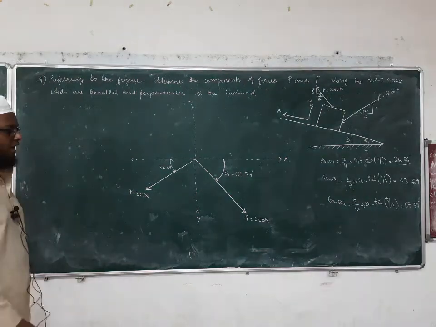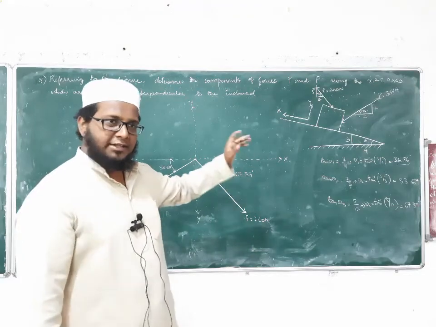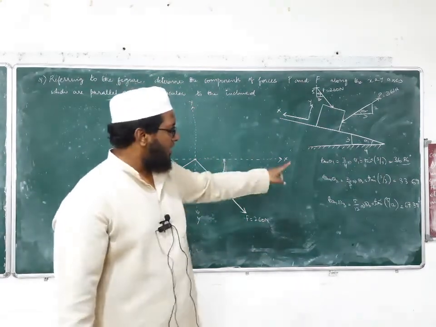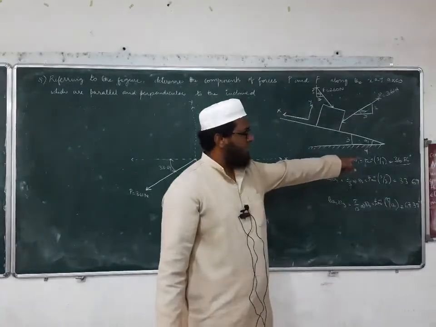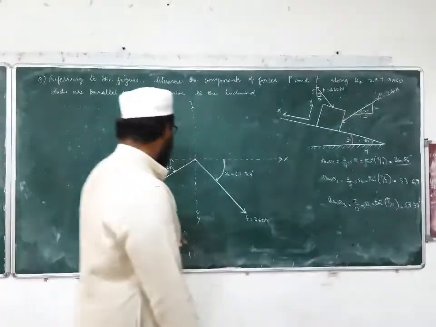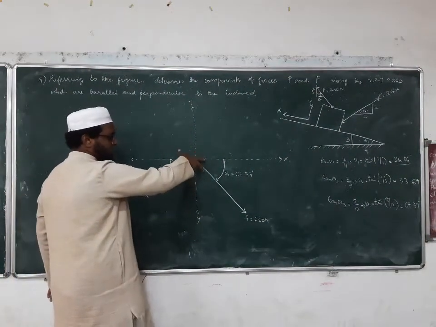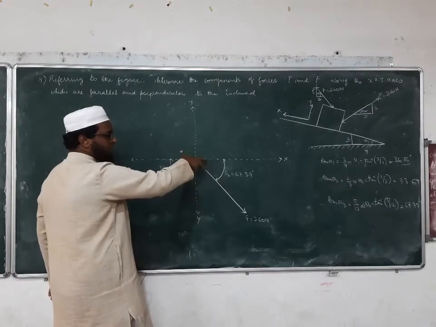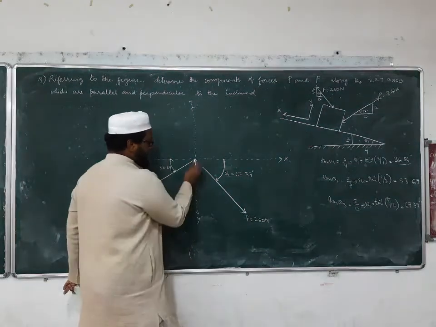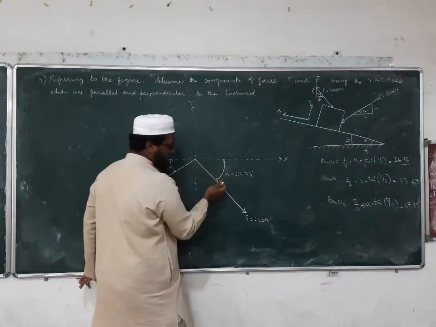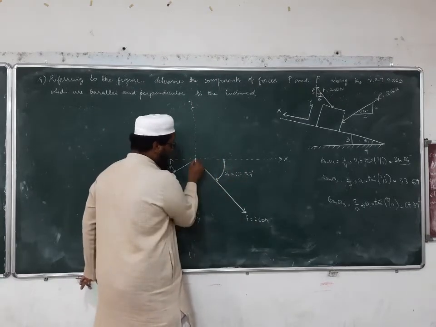Alright. Now in this case I have drawn the forces first, then we'll try to rotate our x and y axis. How much should our x and y axis be rotated? They should be rotated at an angle of 36.86 degrees. So first I will rotate the x axis by 36.86 degrees. 36.86 means it will come somewhere in between, isn't it?